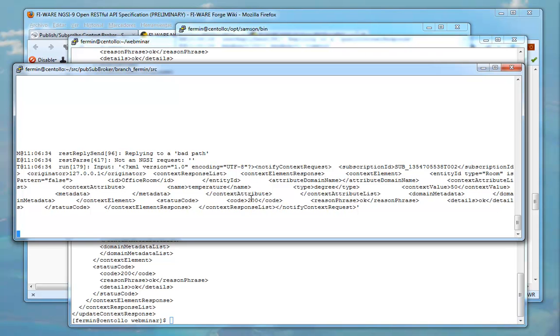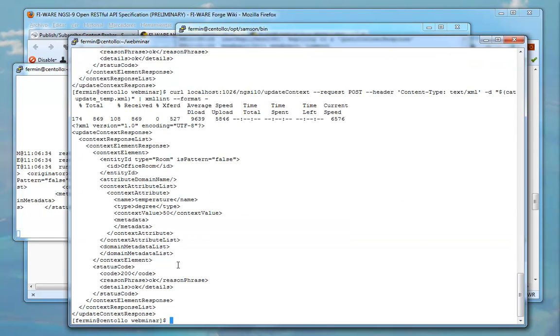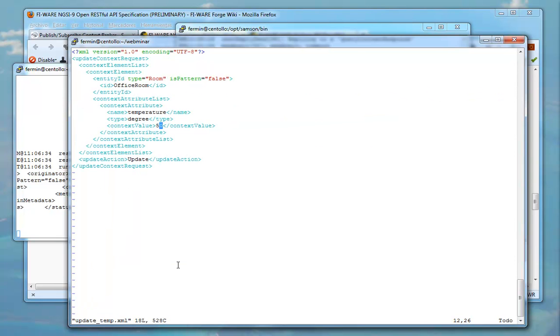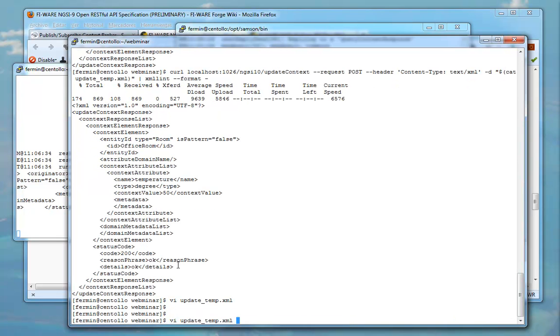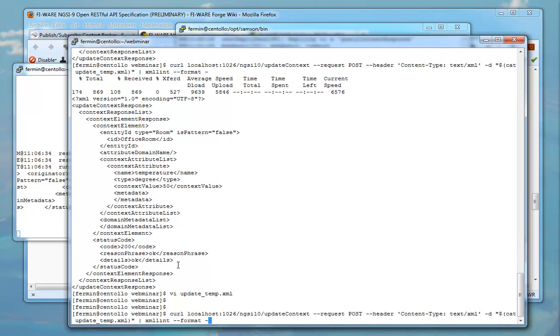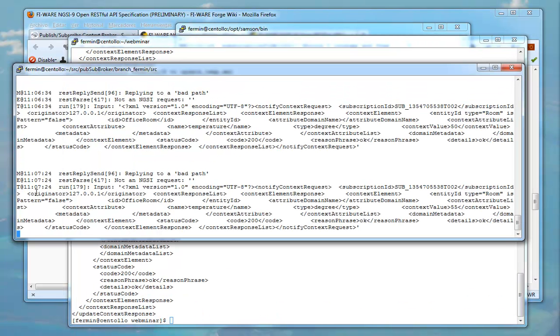Why? This is due to, well, we are not changing the value. We are doing updates, but we are setting the same value all the time, that is 50. But if we modify the value and use, for example, 55, and I do again the update, then I will get another